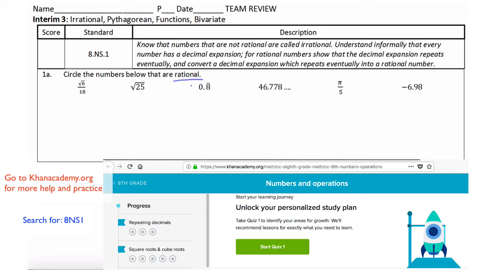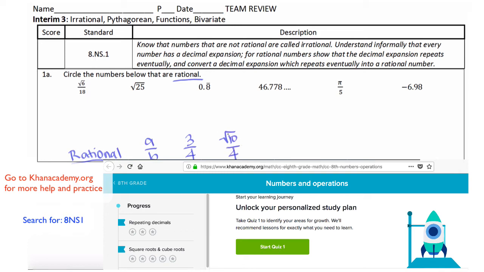Now we're going to start with the definition of rational, so when we're looking at all of these, we know what we're looking for. A rational number can be written as a ratio. The word rational has the word ratio inside of it. A ratio of A over B, where A and B are both integers and B is not 0. So for example, 3 over 4 would be rational, but the square root of 10 over 4 would not be